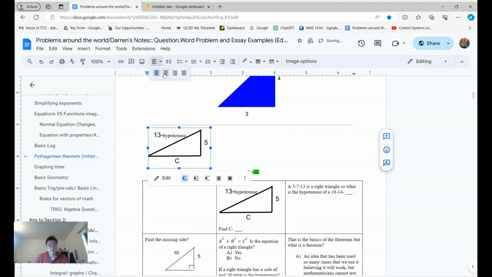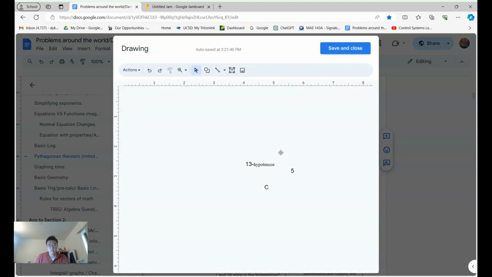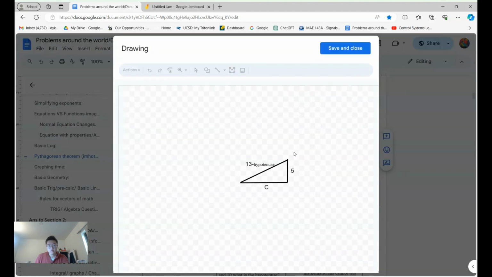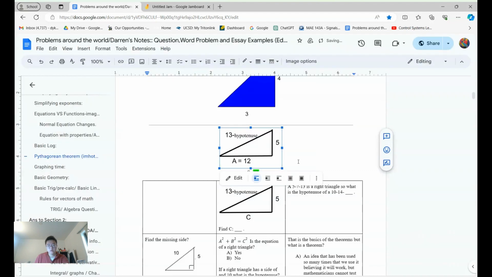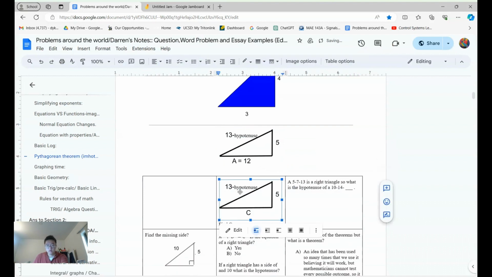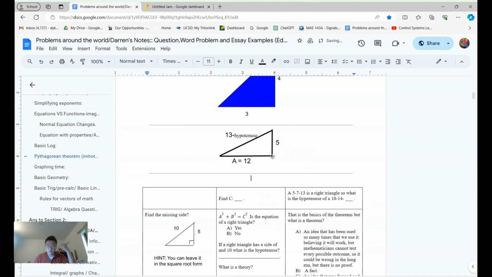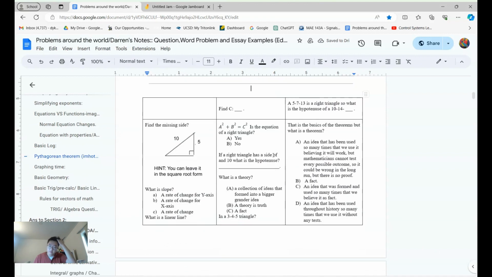I made this when I was in high school, so some of the questions are so awful that I have to change them. Equal, what was it again? 11. It's 12. And then this would be A equals 12. I like A better because A, B, C is the convention. So why did I choose C? I was in high school and thought C was better. Although breaking convention is the norm of a textbook, because otherwise you have the same thing everywhere. So that is called a right triangle.